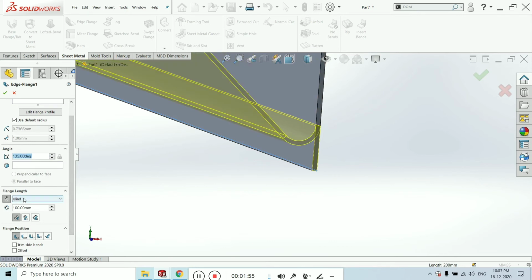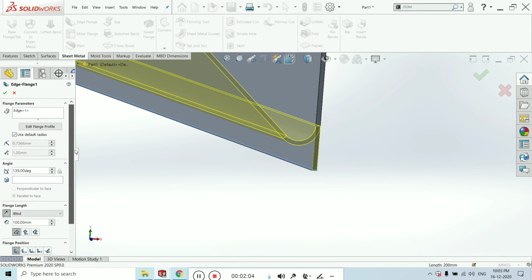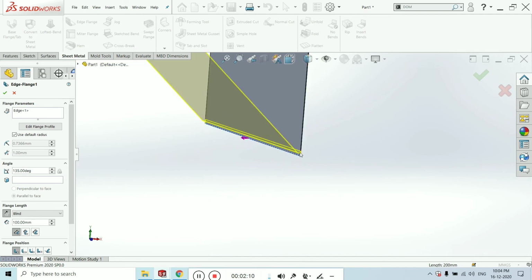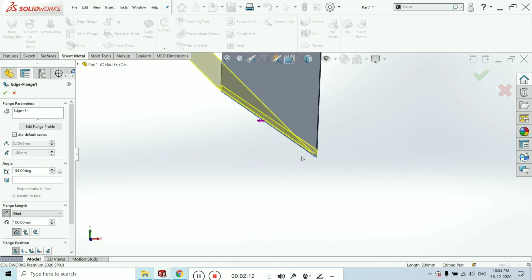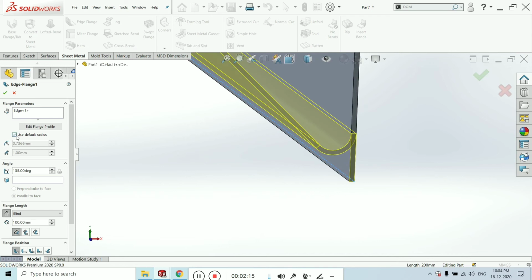Now the total flange length is about the same as we see in the Extruded Boss feature. Here is the radius of this edge; we can also change the radius of this edge over here.